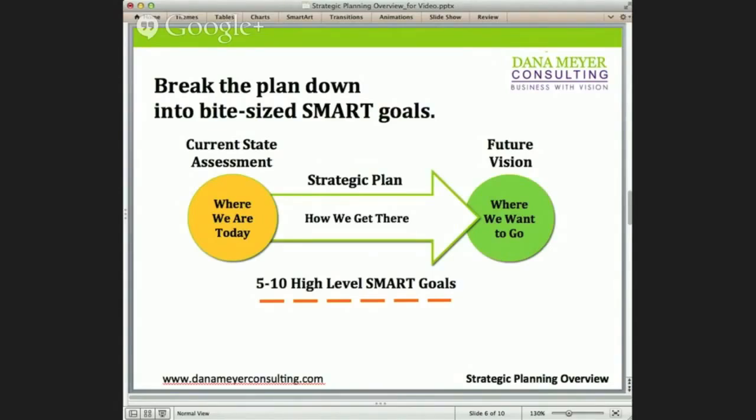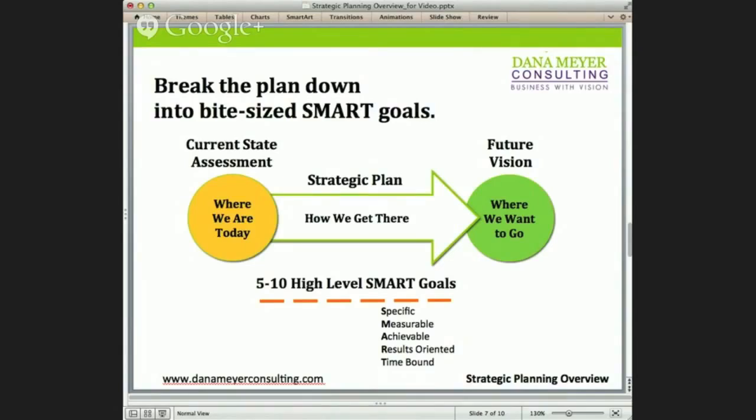SMART goals. If you're not familiar with SMART goals, you can Google it. There's lots of good information out there about it. In a nutshell, it simply means that the goal is specific, it's measurable, it's achievable, results oriented, and time bound. So that's important because you're being very clear about your expectations of what that goal needs to be when it's